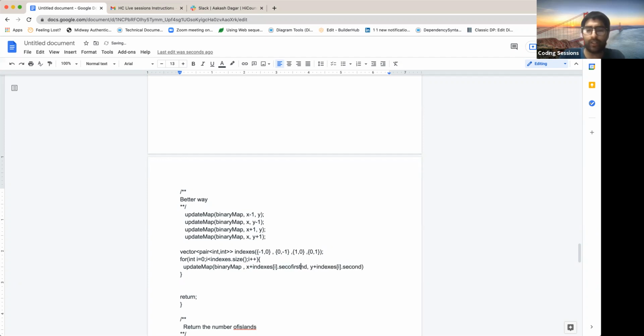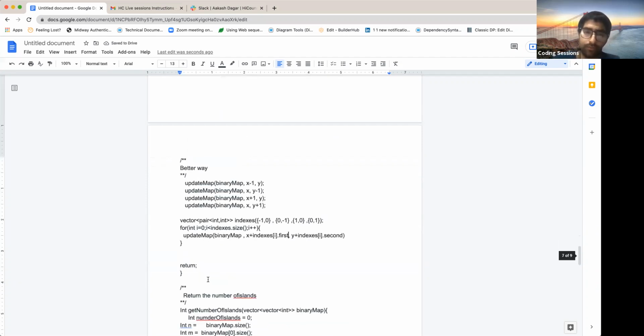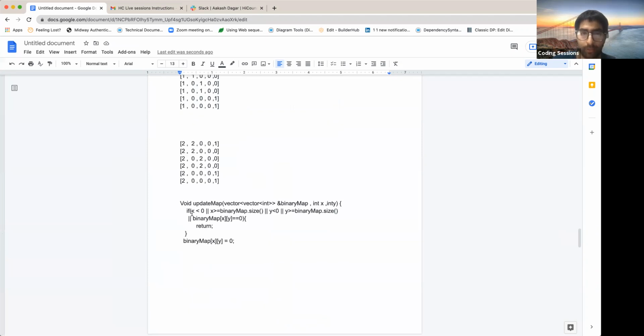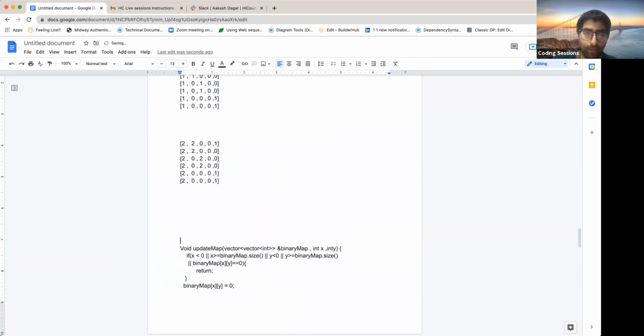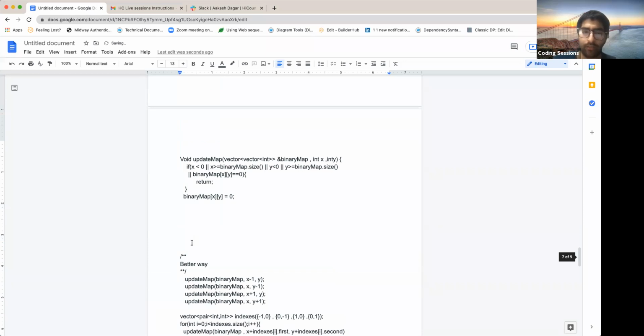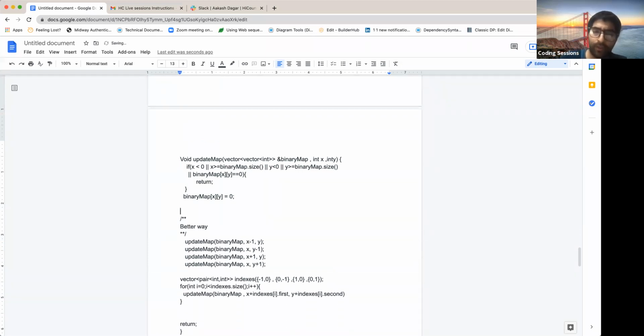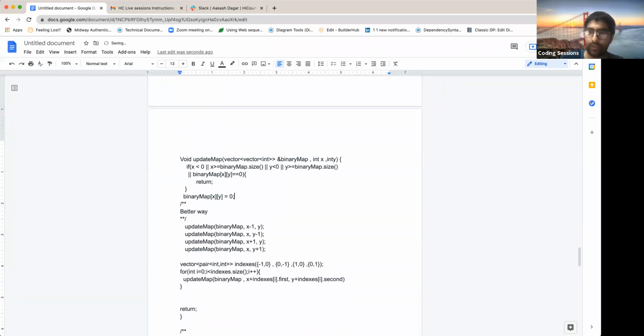So first and second are something. This is a way we can look into the elements of a pair. So if you look, what we have done is we have used a typically DFS implementation. And I think even if you go with the BFS implementation, it would make much difference here,